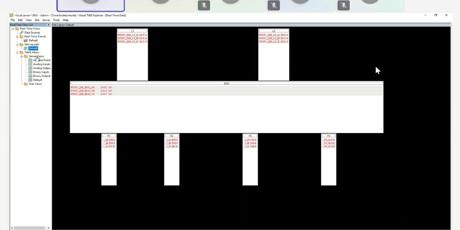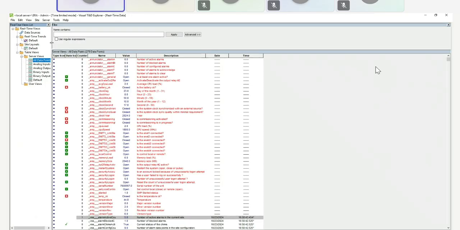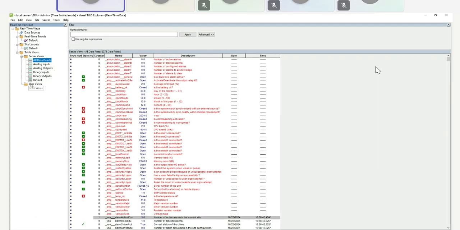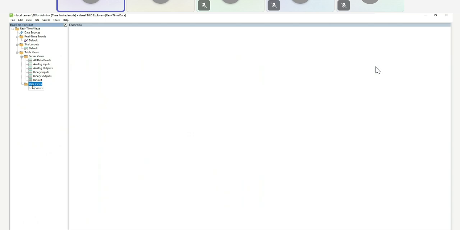For the table views, by default we already have these server views. If you notice, we also have the user views. For the user views, this is where we can create our own groupings of data points. If we have a preference on how to group our system data points, we can do it here.